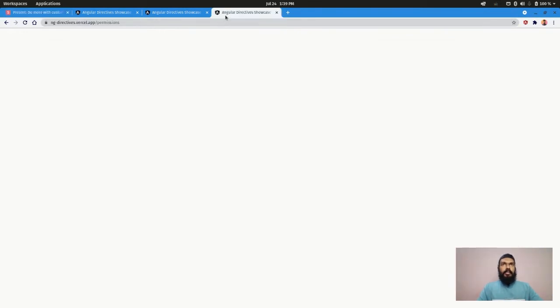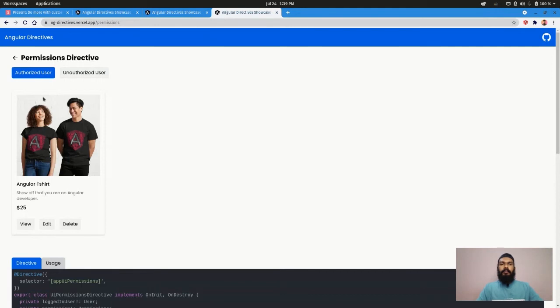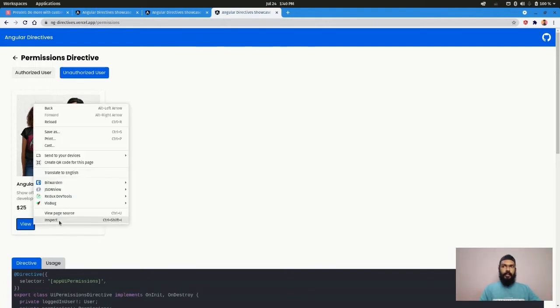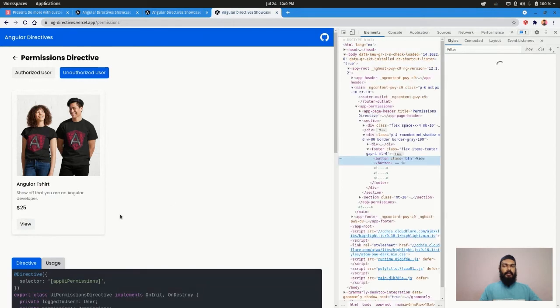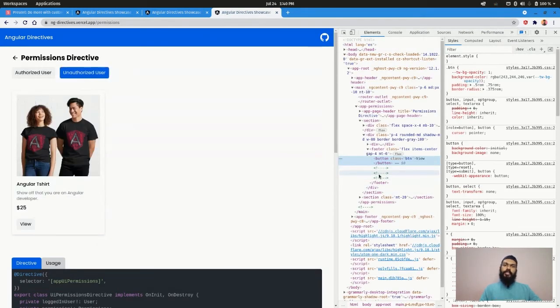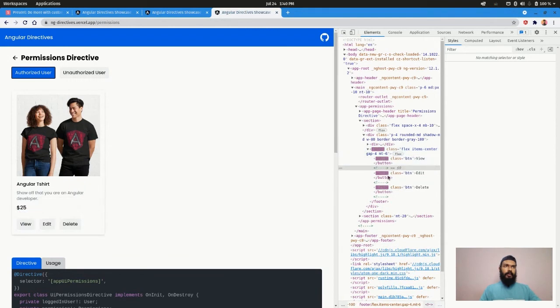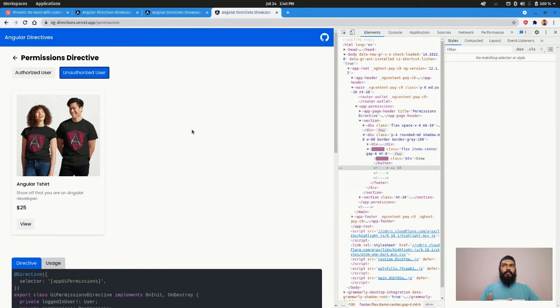To see the example, let's say we have this particular, maybe an e-commerce dashboard or something like that, and the admin is authorized to view, edit, and delete the item. If there is, let's say, only maybe an editor or some other user who doesn't have all the permissions, so if he logs in, you can see that only the view permission is there. And we are not just hiding the buttons. These buttons are not present in the DOM at all. So you can see that the buttons are present in the DOM when the user is authorized. If it is an unauthorized user, we will not see the button.